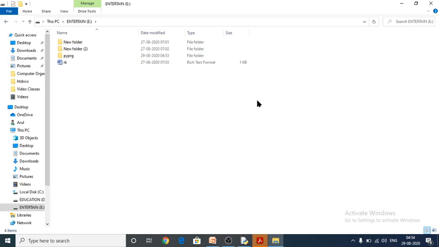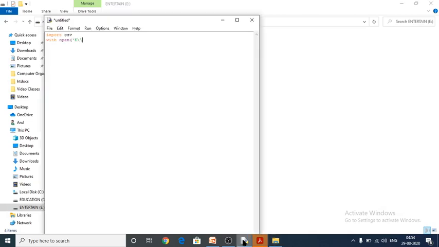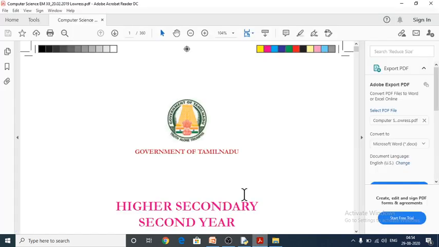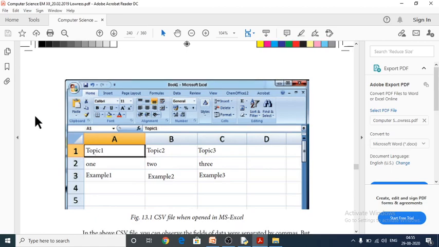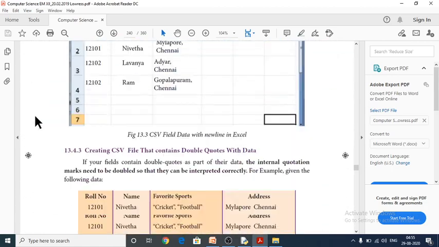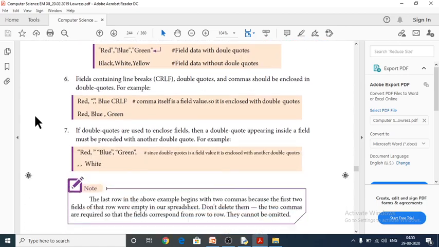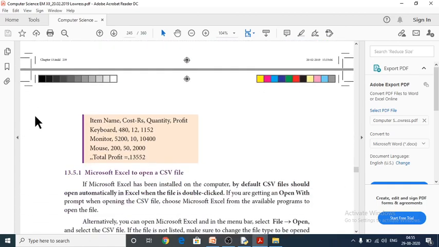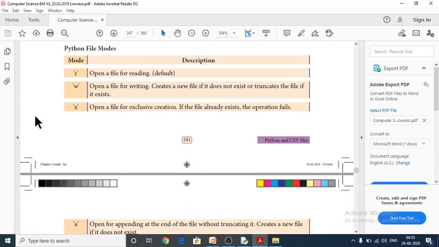After E I have to give a double slash. Afterwards I have to specify in which folder I have saved the file.